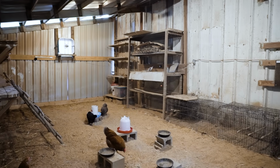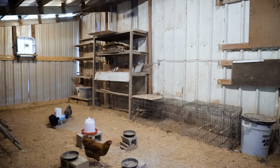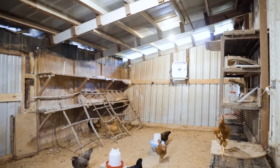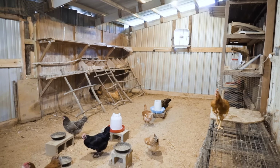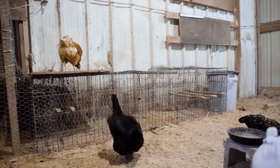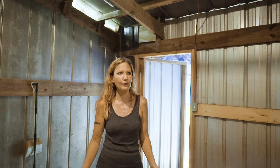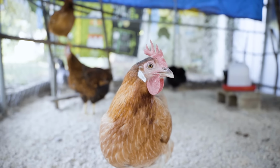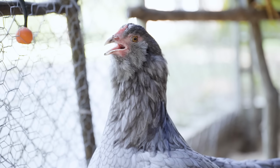And this is my chicken coop. I do have 21 chickens. This is a lean-to that's off my workshop garage, and when I first moved here to this property, I didn't have a chicken coop, so I decided to close in this lean-to in order to have a space for them to live. They also have their outdoor pen, and I also built a sick pen for them so that I